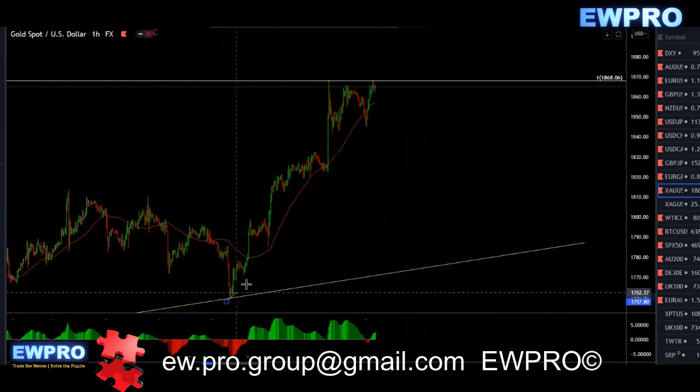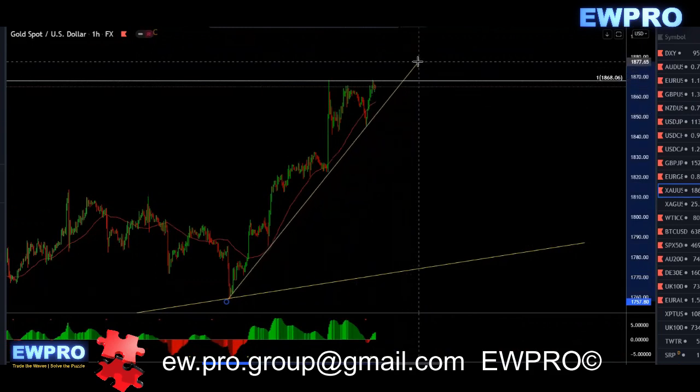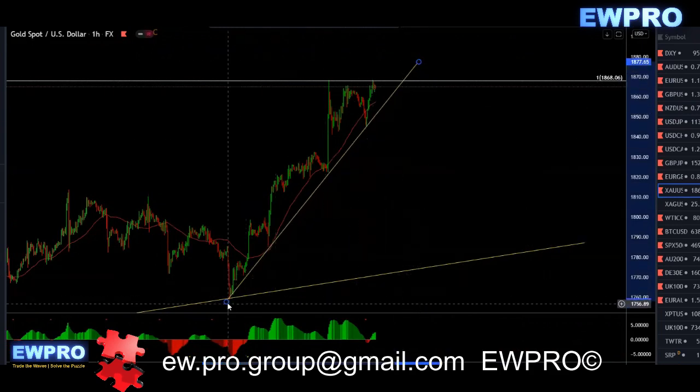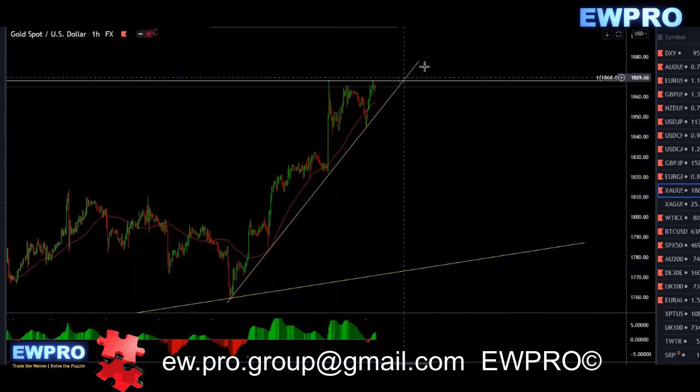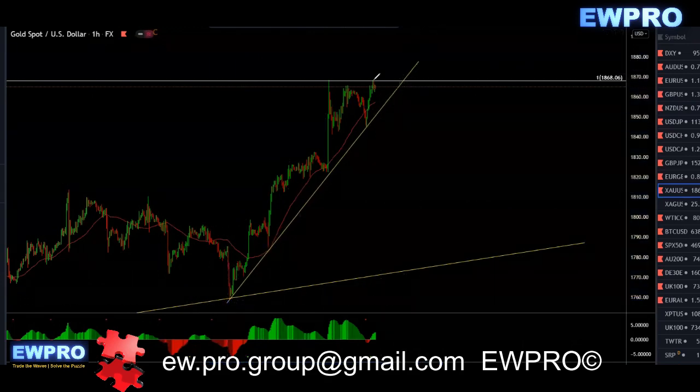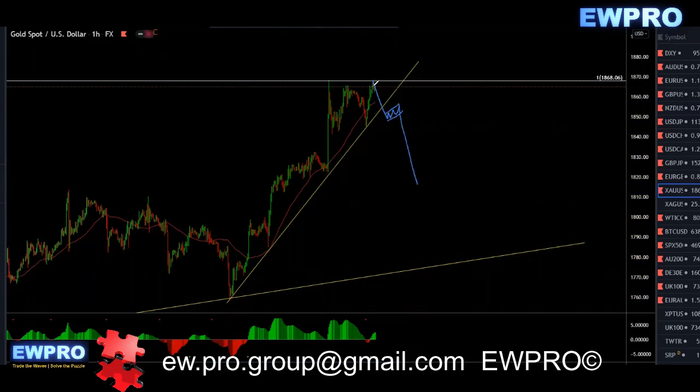But you can see that we've broken that top now, and we have bearish divergence on the H1. So I'd be only looking for the sells. And we're at that 100 fib as well on the H4. So if you do get a sell setup in here, I'd be more interested in the sell setup than looking for